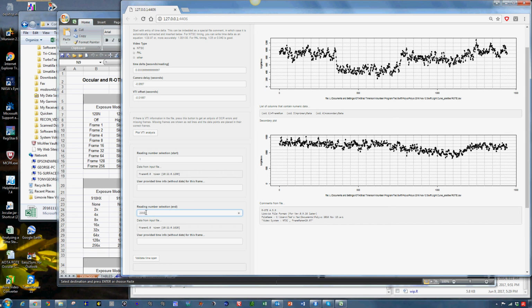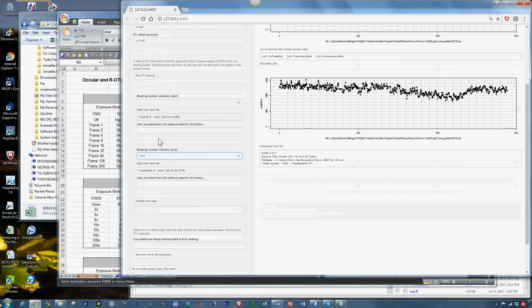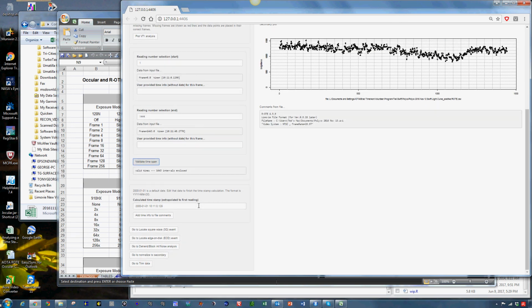So if I put 2000 into this box, it clicks onto the last frame, and then we're going to look at the span of these frames and see if the timestamps agree with the frame rate. And we do that by clicking this button, Validate Time Span. And R-OTE says that all of the frames are valid, and so now we can add this valid timestamp to